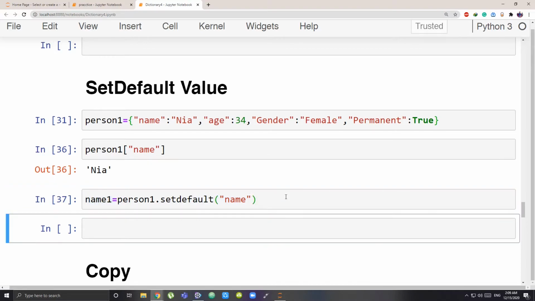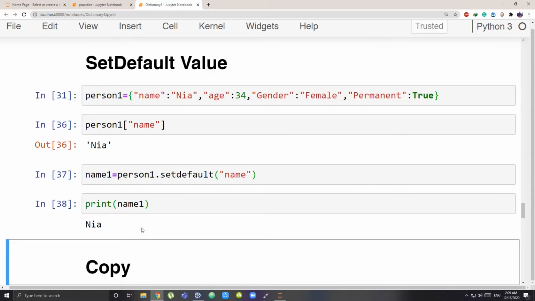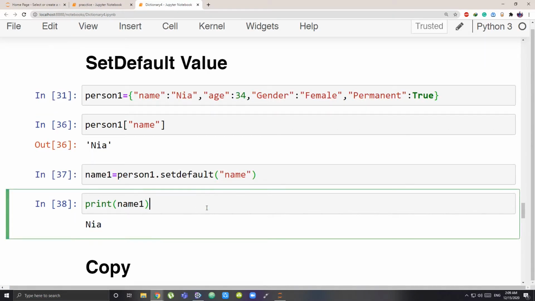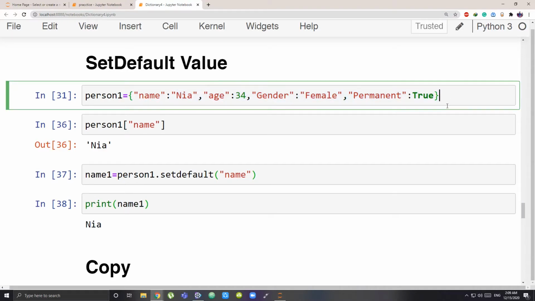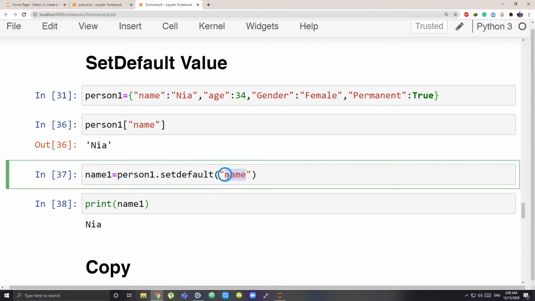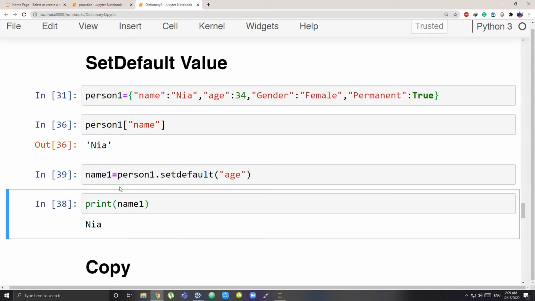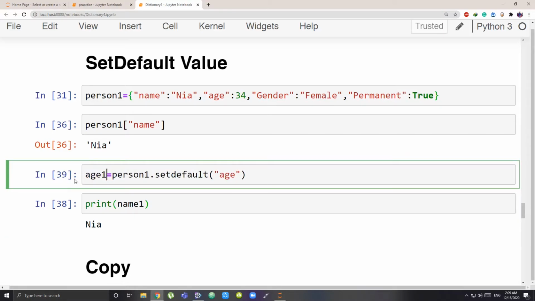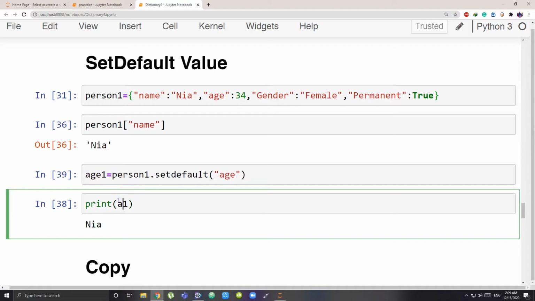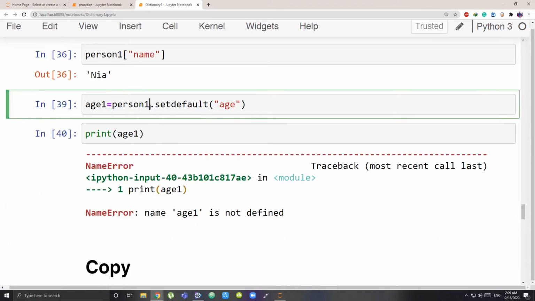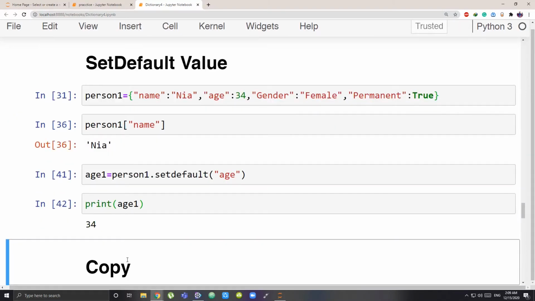Okay, let me run this. Now I will print and show you the name1 variable, and you will be surprised to see what value it has got. It has got the value Neha. So what was this basically? Basically you're extracting something from your dictionary and saving its value to a variable using the dot setdefault. You can have it as maybe age, you're interested in the person1 age, and I could save that as age of the person1, and when I print the age of the person1, I can see that it has the same value, that was 30.